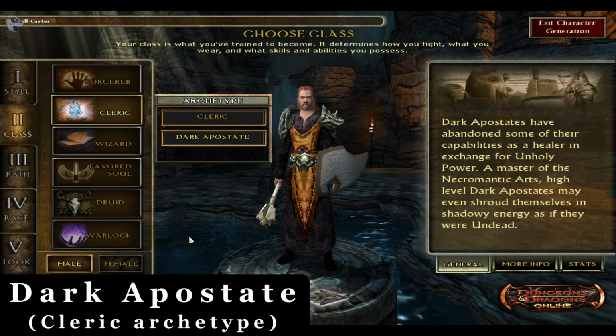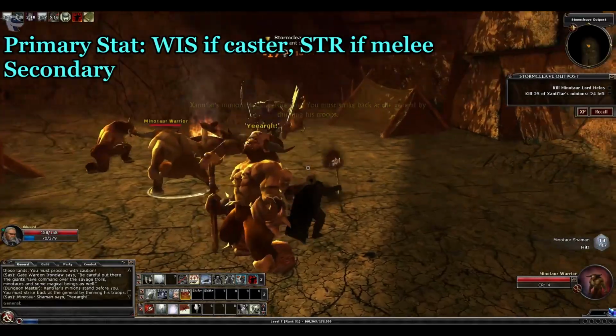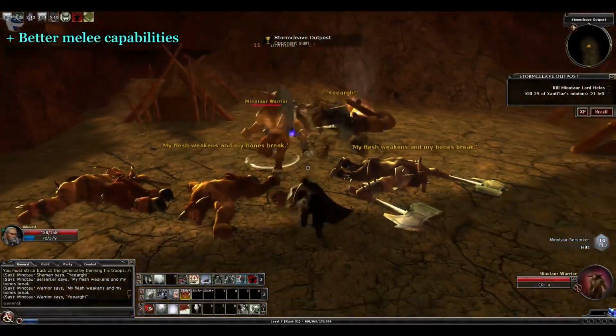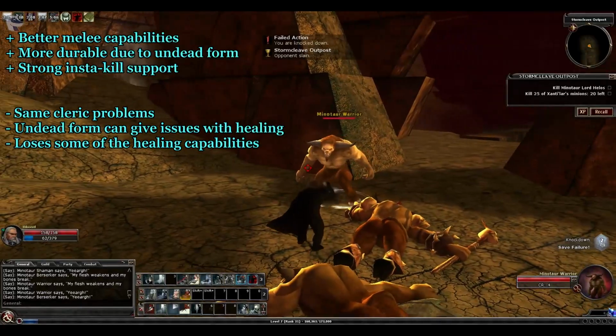Dark Apostate clerics are more sinister versions of the cleric, focusing more on the negative energy they have, including even having their own undead form they can use. While they lose a little bit on the healing side, they gain access to more offensive side bonuses, for both